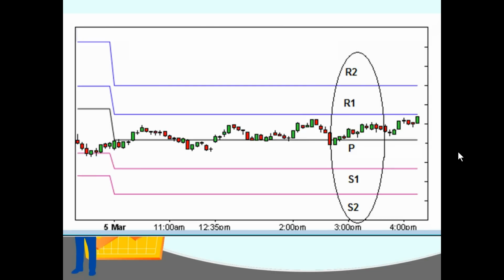And here's what it looks like. All right, this is just an example. Now here's the beginning of the trading day, okay, and these are all 5-minute candles because this method is for day trading. And notice that once the trading day starts, the support and resistance levels all change. In this case, they all shifted downwards based on the previous day's high, low, and closing prices. So every day they're going to change.